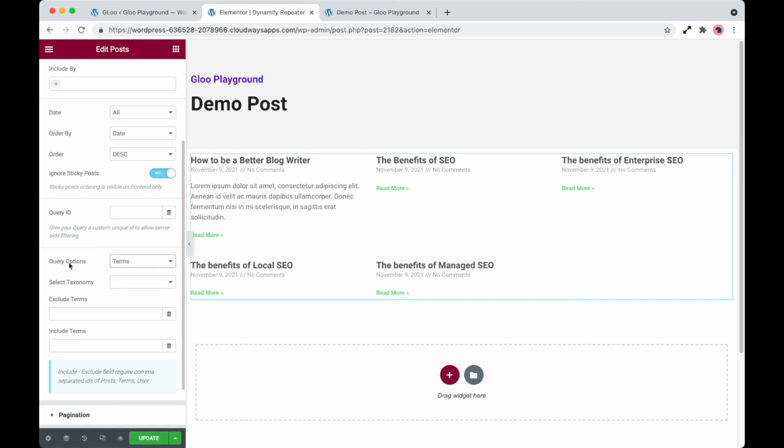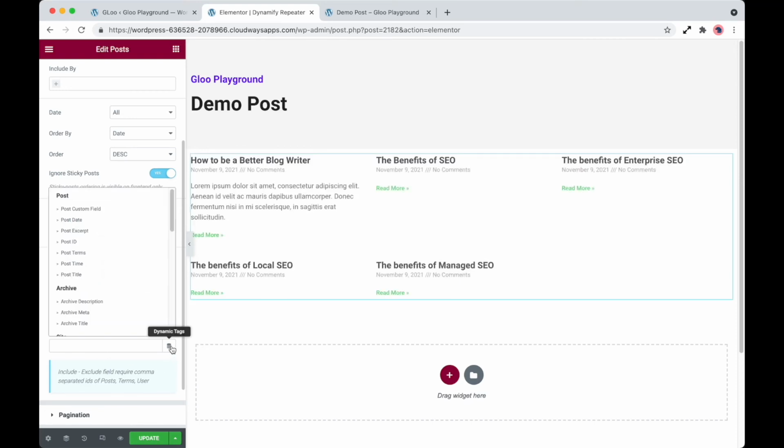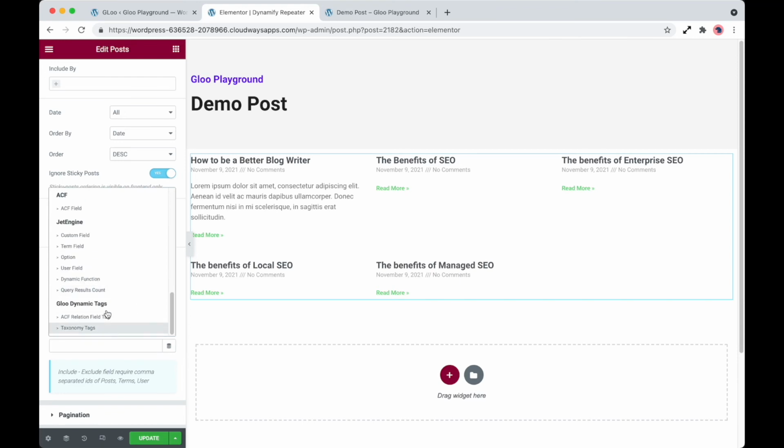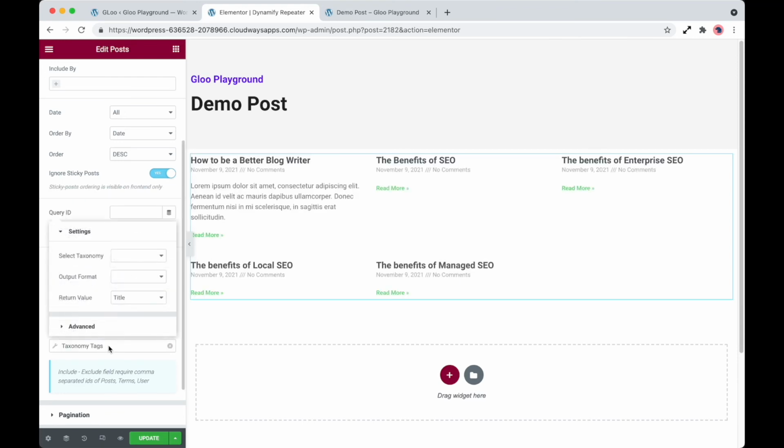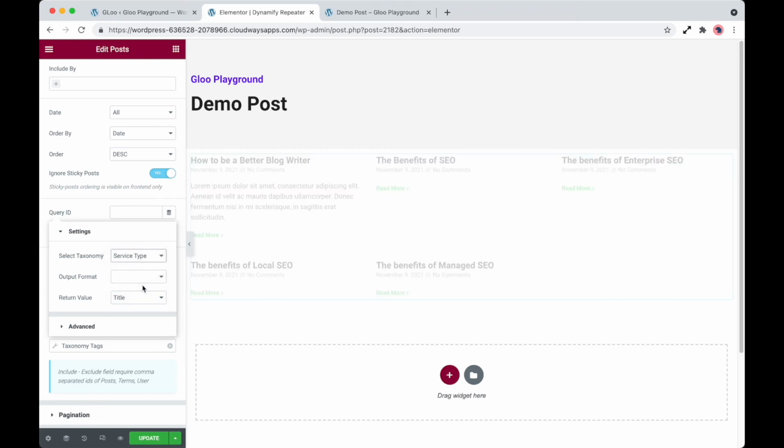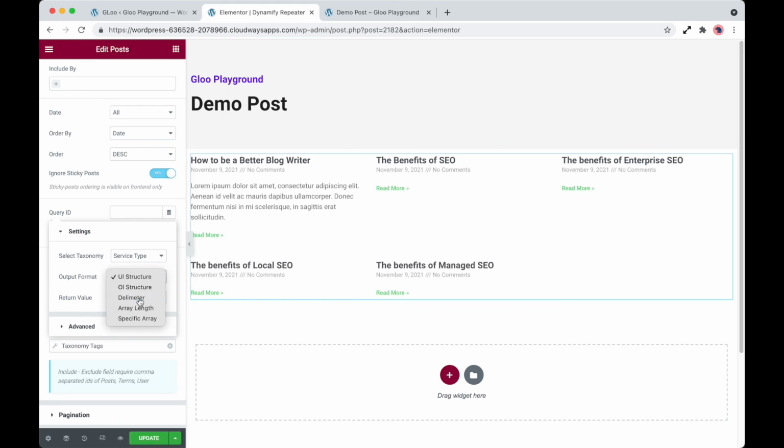If we select terms from the query options, we then need to select the taxonomy. In our case, our custom post type has a custom taxonomy of service type, and the include terms that we want to select are from the dynamic tags. Scroll all the way to the bottom to taxonomy tags. Within the taxonomy tags options, we need to select the taxonomy of service type. The output is going to be a delimiter, the return value is ID,